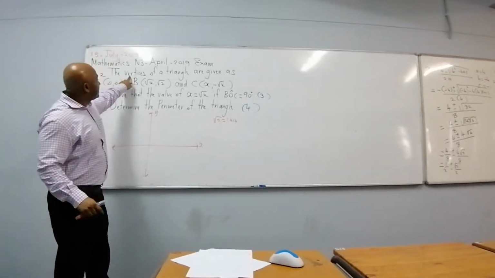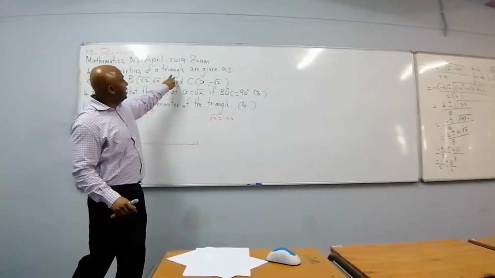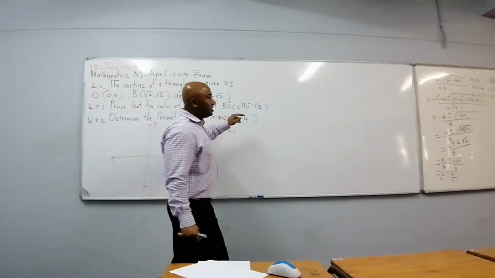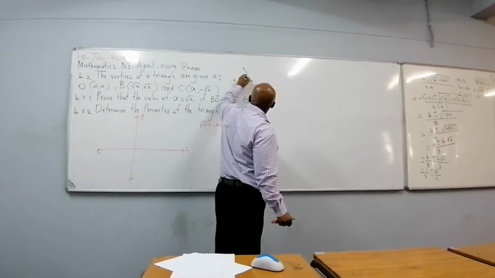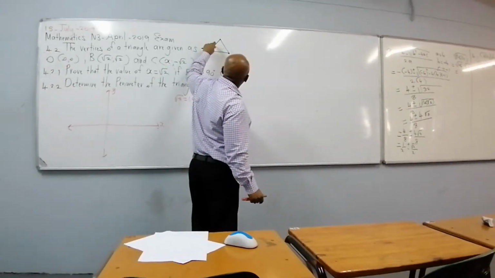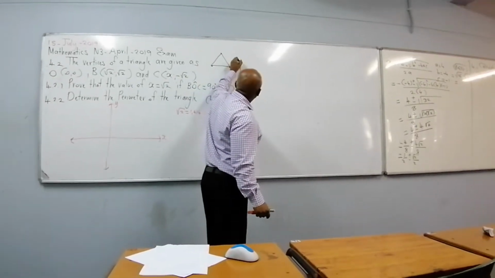You are told the vertices of a triangle are given as, so the vertices means these endpoints. So if you got 3 points, that's your triangle. So these are the vertices. So here,